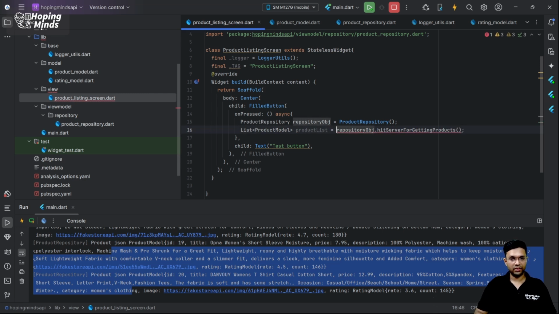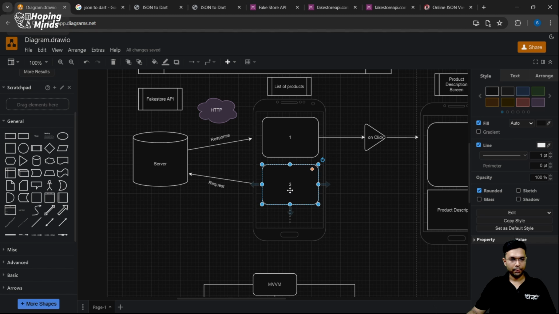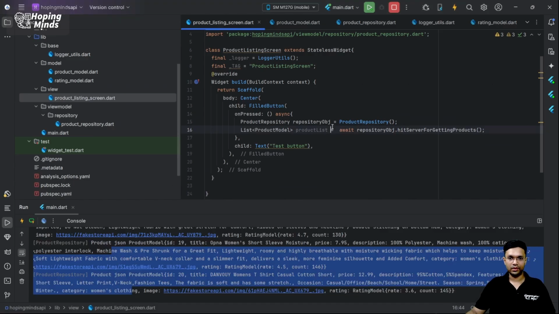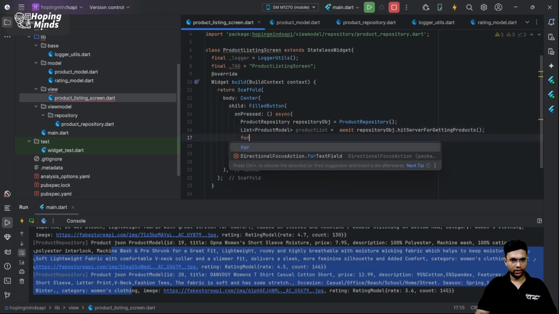Now the reason it shows as an error is I have to use the await keyword. Well, why await? That's because when we go and see our data, the app is going to collect the data from the server and the server will take some decent time, let's say 100 milliseconds, to give the response back. For 100 milliseconds, I have to wait, and that's exactly what I have been trying to do over here. I'm going to wait until I receive all the data, and next I'll comment this piece of code, go on to my listing screen and create a loop